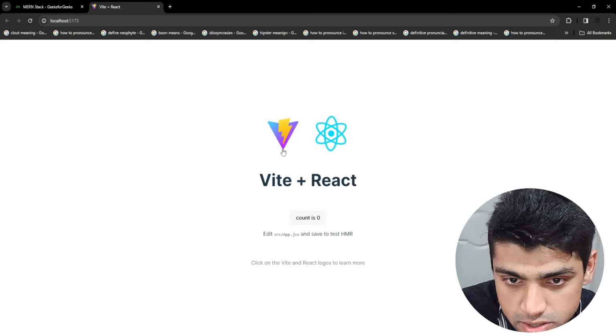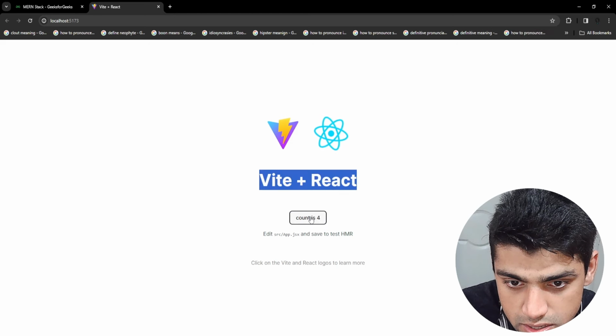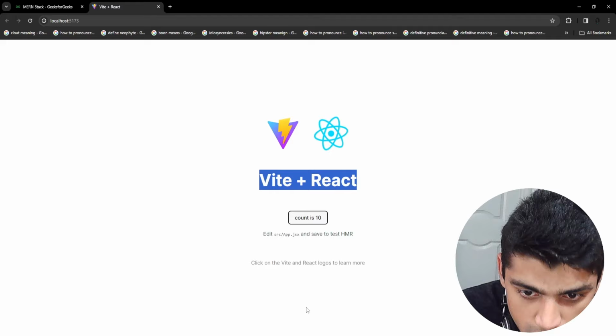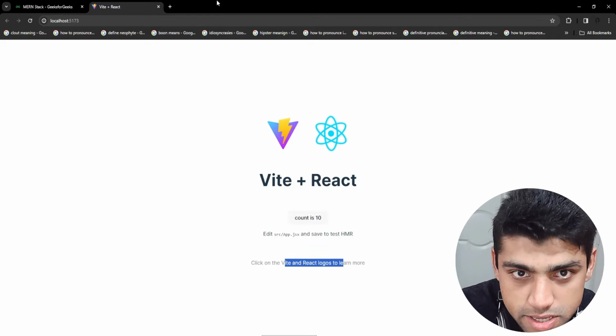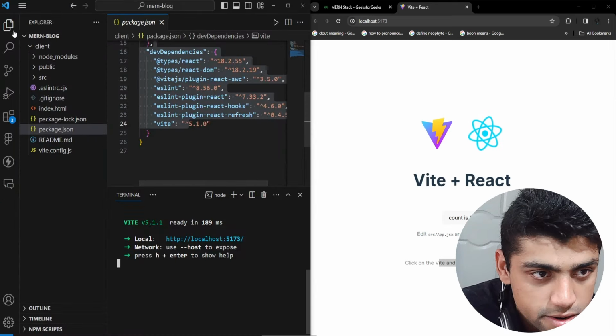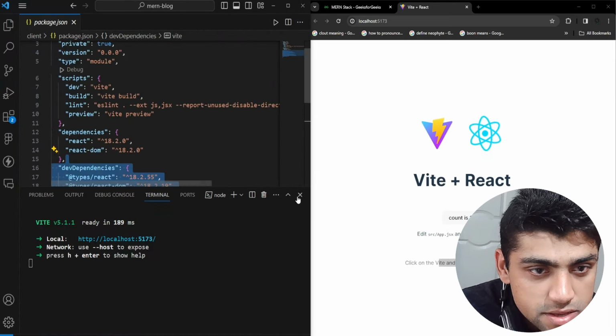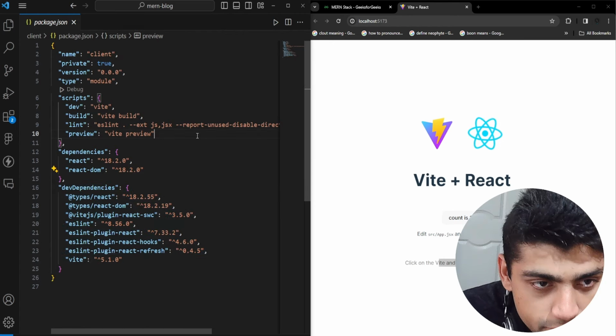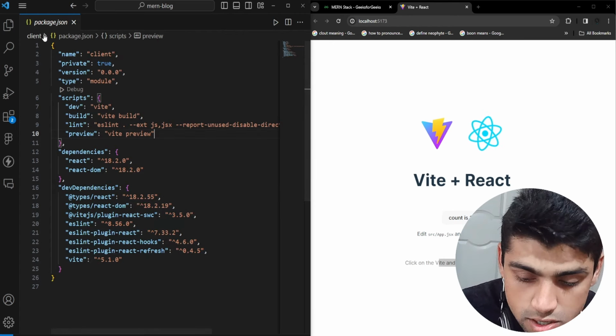So essentially there's this Vite plus React page, you have this counter, and we basically want to remove all of this boilerplate. So what we're going to do is we could put this on the side right here, and we can put this code over here. Now essentially this is what we have, right? And what you want to do is you want to go to